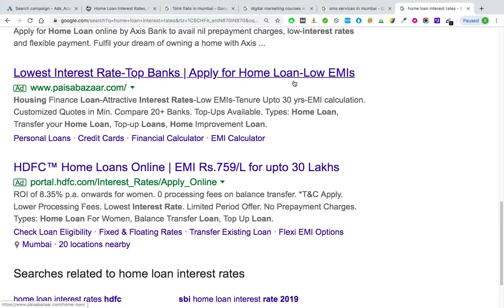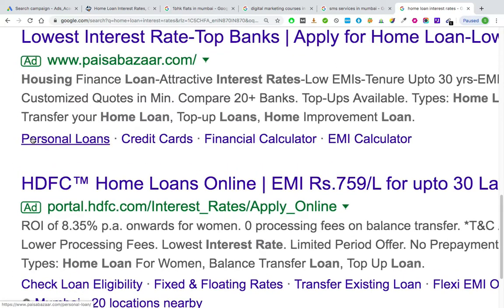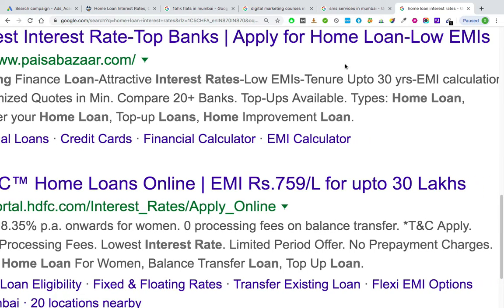So ideally for this ad, one should show site links as this ad is about home loan. Check your eligibility, check whether you are eligible or not, check or calculate your monthly EMI for home loan. Check the documents that are needed for home loan, contact us. Now all these site links should be related to home loan.